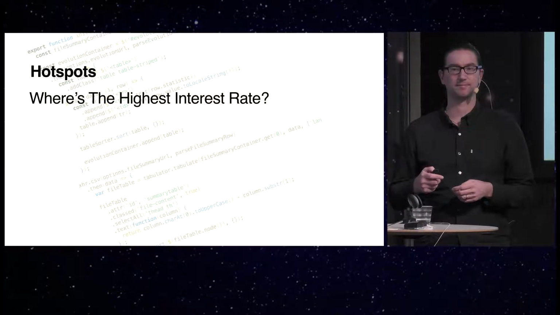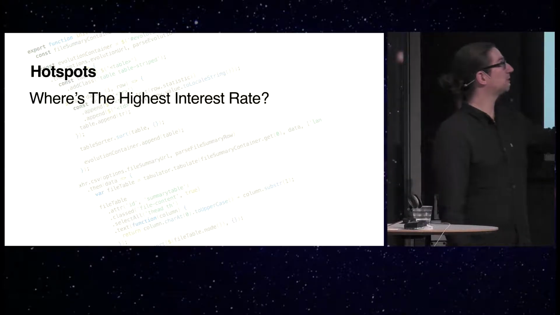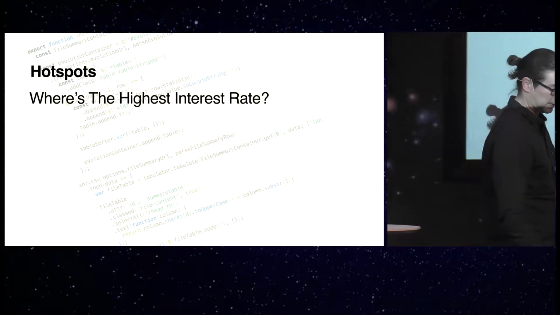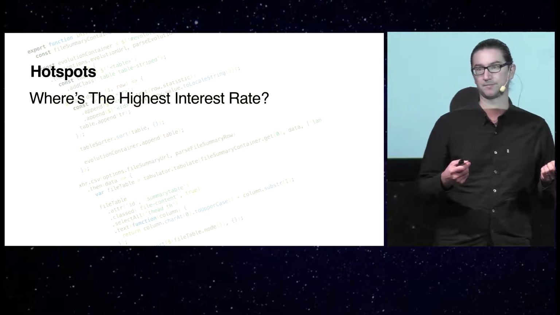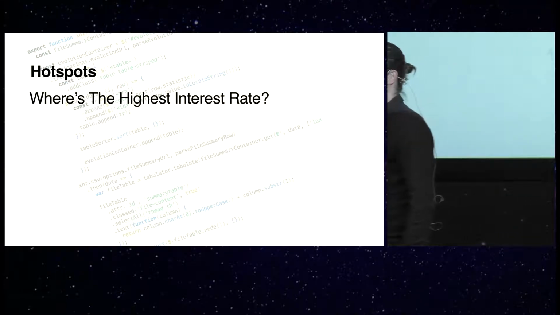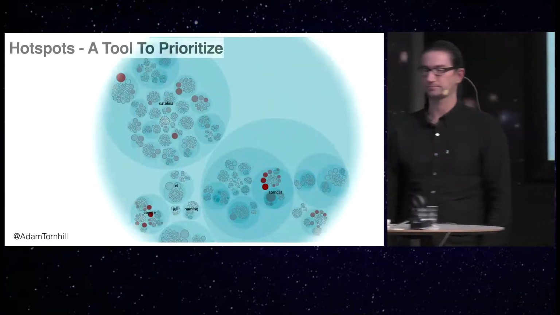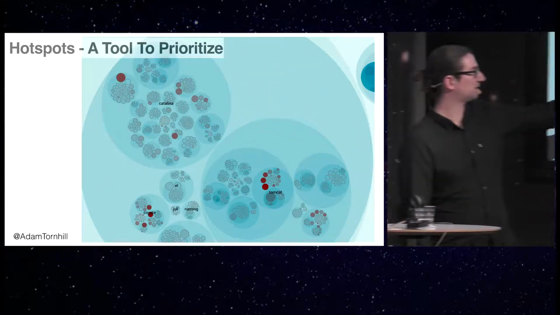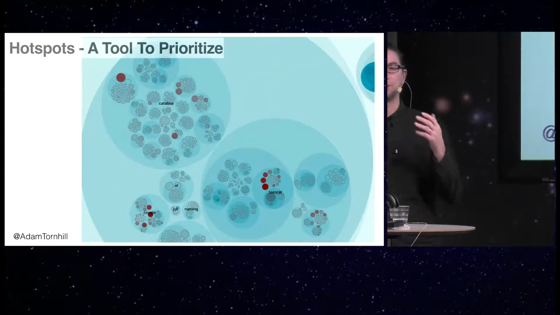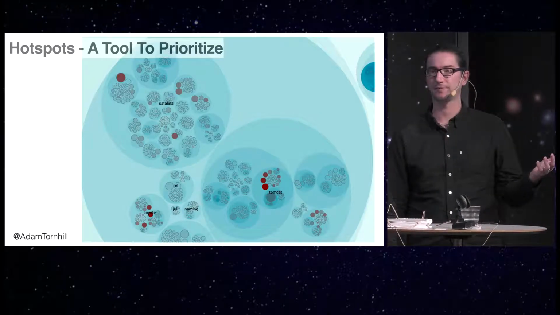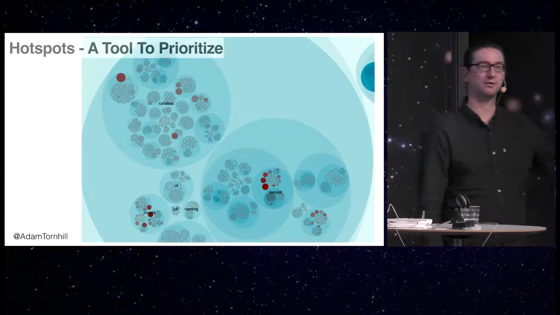So let's embrace version control data, and let's see how it might help us to find code with the highest interest rate. And what I want to show you now is an analysis I call Hotspots. So let's have a look at a piece of code here. This is a hotspot analysis of a well-known code base. Some of you might have used this code base, actually.